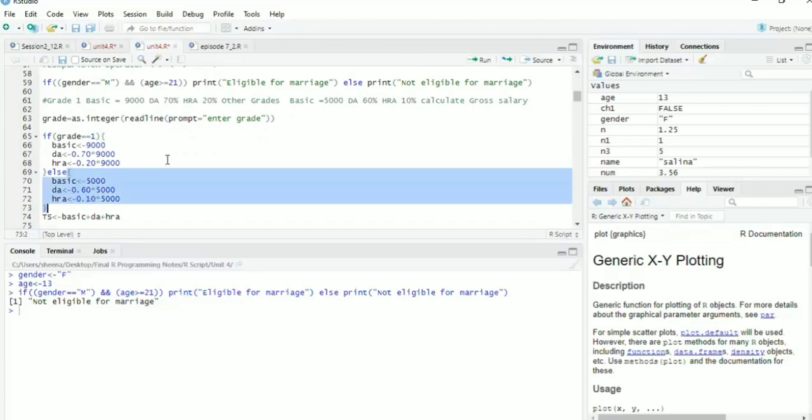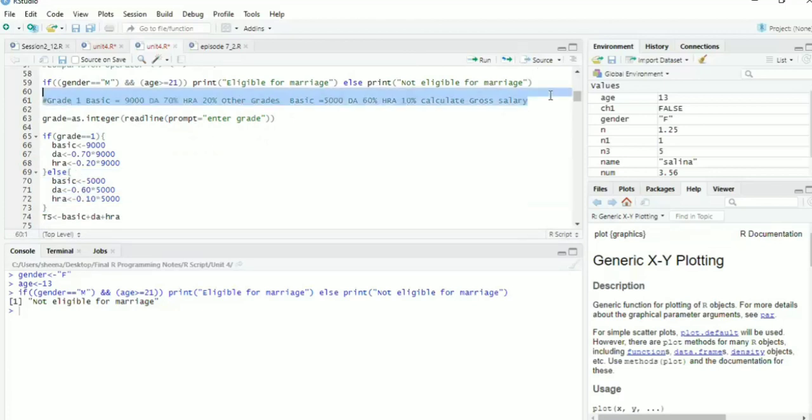For this example, what I have taken is, if the grade is 1, basic pay will be 9,000, DA will be 70% of the basic pay, HRA will be calculated as 20% of the basic pay. And for any grade other than 1, the basic pay will be 5,000, DA is 60% and HRA is 10% of the basic pay.